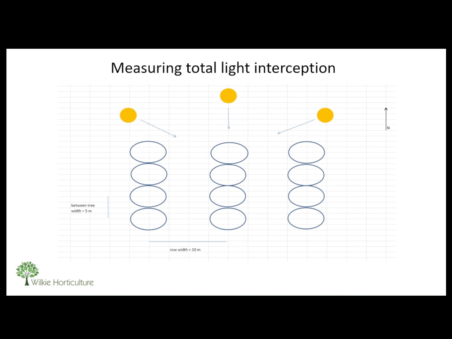We also need to think about the position of the sun. I'm not telling you anything that you don't already know, that the way that light moves through the canopy changes during the day. So at different times during the day, the light interception of a tree will vary. Early in the morning or late in the afternoon when the sun's low in the sky, your measurements will indicate that the tree is intercepting a large amount of light. When the sun's high in the sky at midday, your measurements are probably indicating that the tree is intercepting less